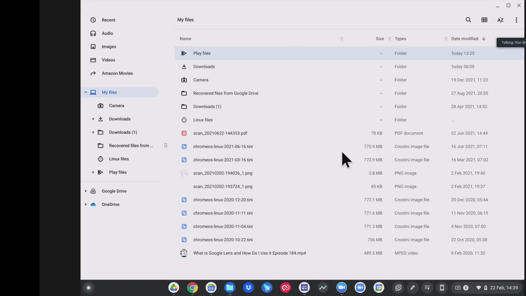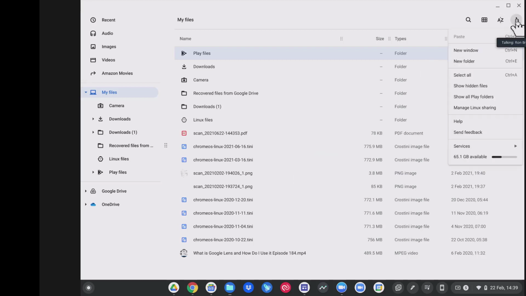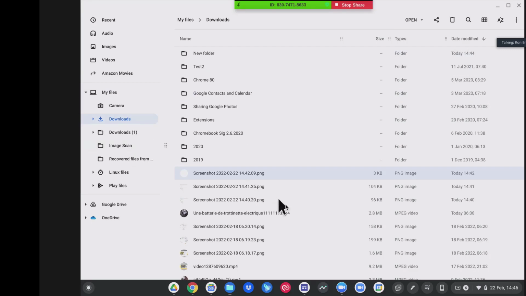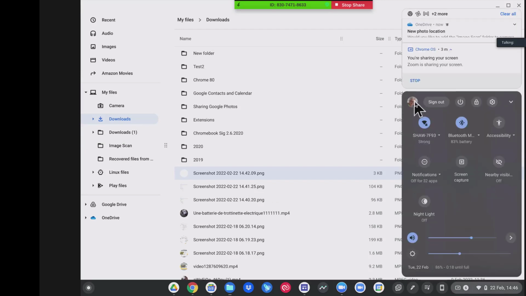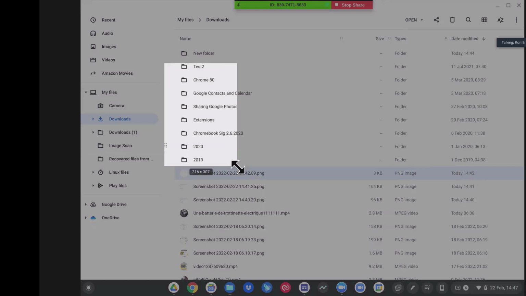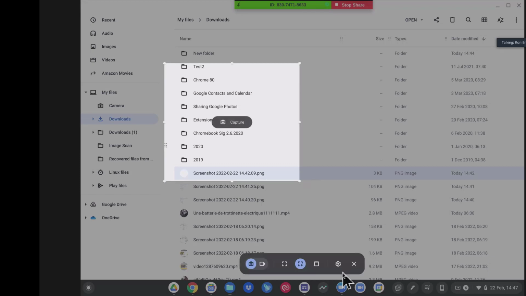For today's demonstration, I'm going to create a new folder. So we're going to come up to the top right here, and I'm just going to create a new folder called Image Scan. So what we're going to do is come down to the right side now, and open up our screen capture here, and we are going to select an area that we want to capture, and we're going to come down